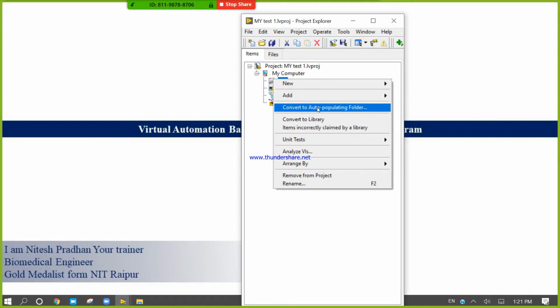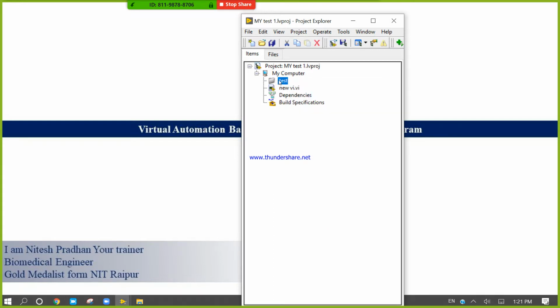This means auto populating is a property. Populating folders populate automatically when you try to add any kind of new VI, any kind of new extension, any kind of new HTML file, .NET file, Excel file. Okay, so let's convert.